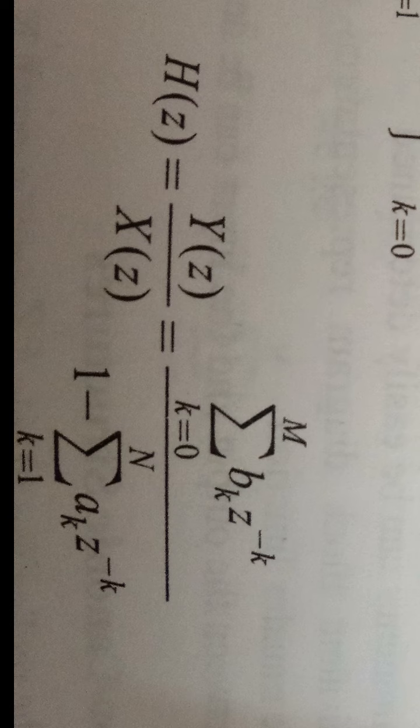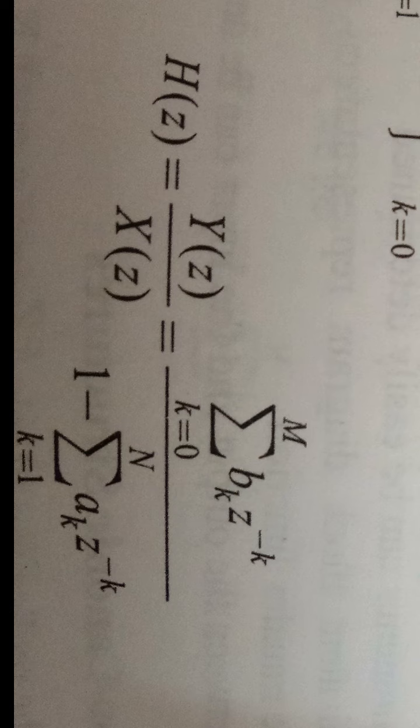So by inspection of this equation, the block diagram representation can be drawn directly from the direct form realization. The multipliers in the feed forward path are the numerator coefficients, and the multipliers in the feedback paths are the negatives of the denominator coefficients. Since the multiplier coefficients in the structure are exactly the coefficients of the transfer function, it is known as direct form structure. Now this direct form also has types, direct form 1 and direct form 2.